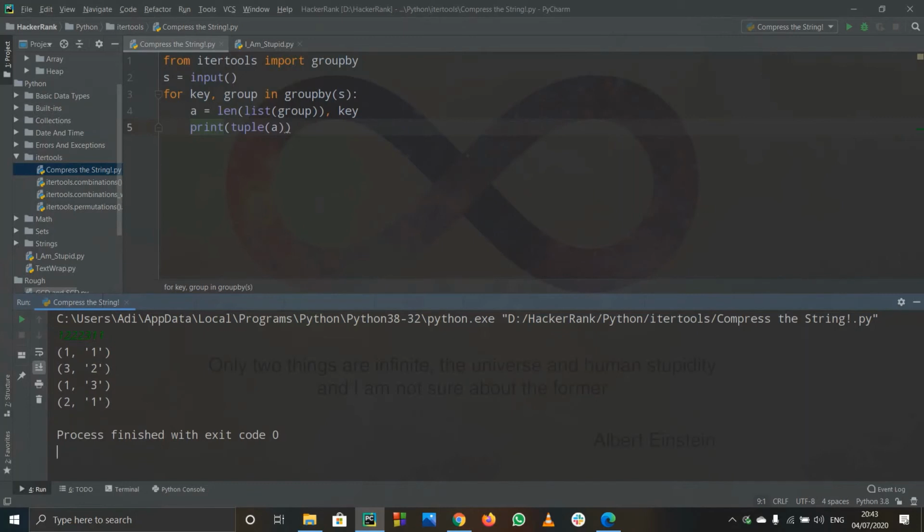So 1 3 2, and yeah, this is a string. We don't want it to be a string, we want it to be an integer. So integer of key. Okay, now I think it should work. Yeah, now that's what we want. But yeah, one more thing, we have to bring it on the same line. So simply end equals to this thing.